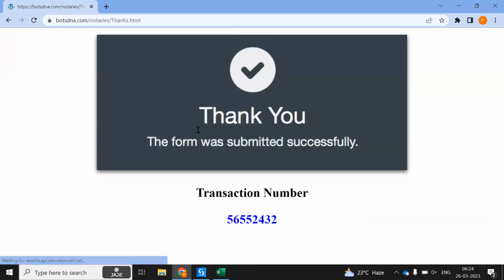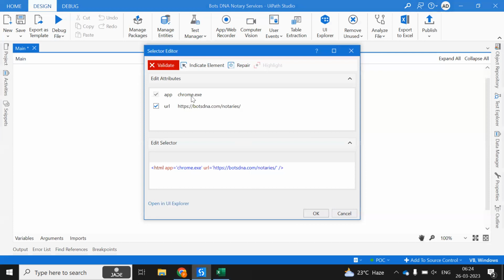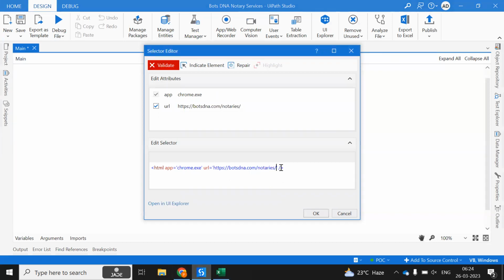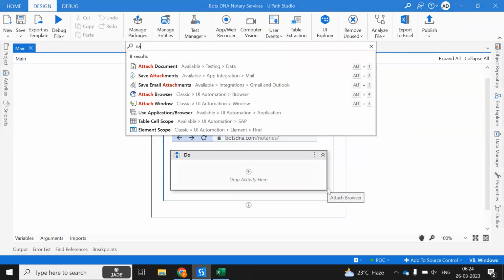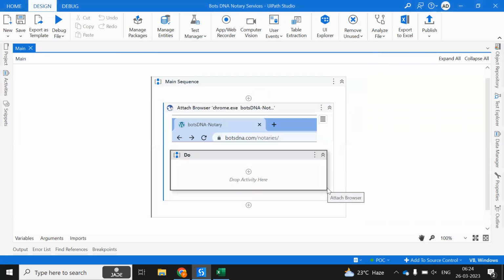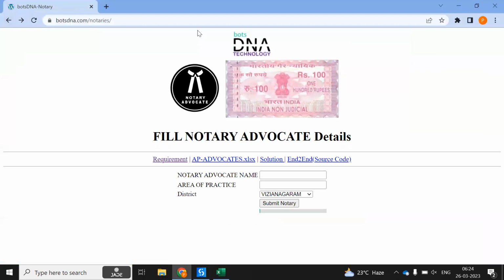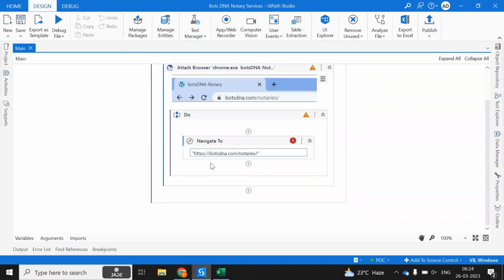Submit. And let us see whether the selector is valid. No, it is not valid. And what is changing? We are getting thanks, the additional. So to make this work for both, we'll just put this asterisk and it will work for both. So now what we'll do is we'll use navigate and come back here, and we'll use this URL. So now it will be navigated back. And we have this URL,